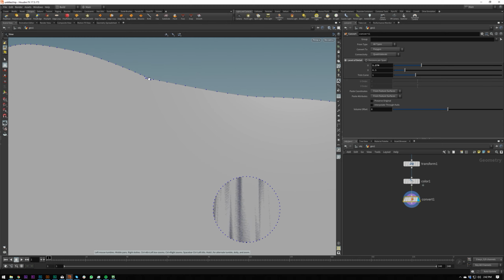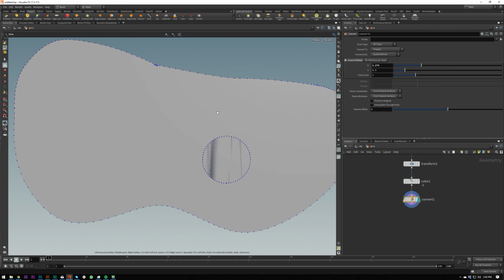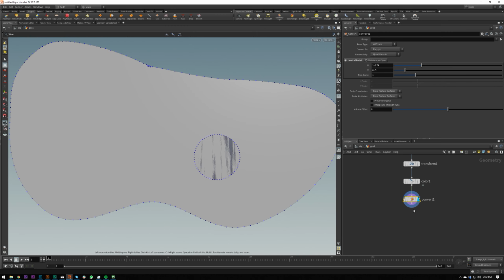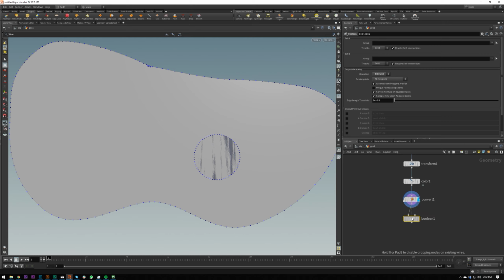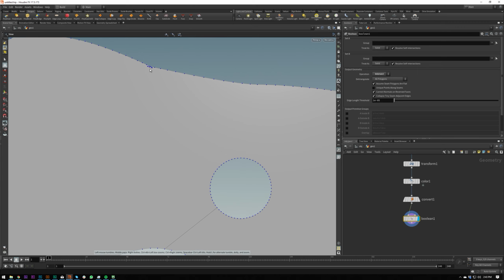The way I'd remove these is you could either select them like a lazy boy, or if you're an even lazier boy, you can get this done procedurally. So what I'll do is put down a boolean, and by default it will cut a hole in here. We need to do this later, but we are actually going to get rid of this hole when we're doing some extra editing. The reason we've done this is so we get these points here, because they're inside our shape, and these will be selected when we do our next step, which is put down a group